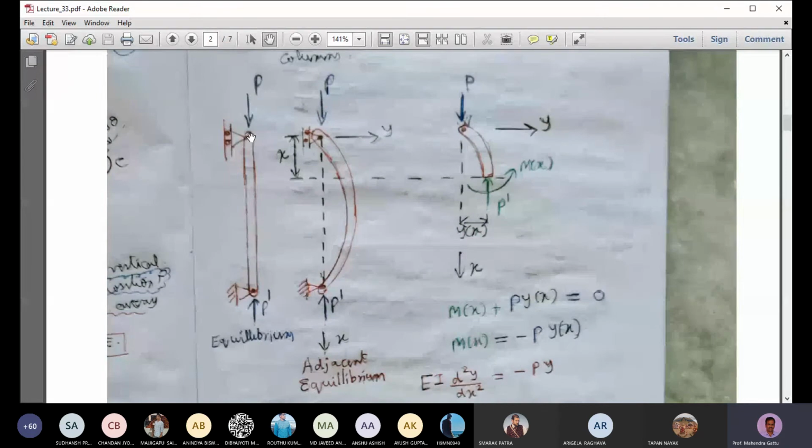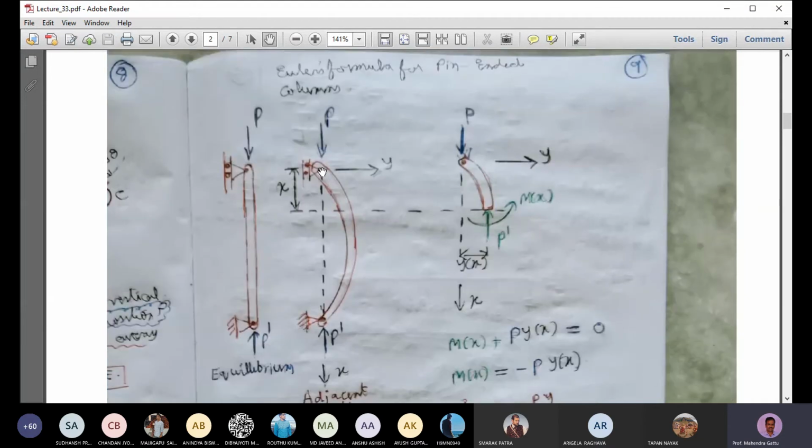So we have here the column which is simply supported, and there is a load P, which is the actual load acting on this column. You can cut a section anywhere in between, then the system will be in equilibrium, and the stress anywhere will be sigma is equal to P by A. So this is one position of equilibrium. Now there can be an alternate position of equilibrium. That means under the action of load P, the system can have an equilibrium position in this fashion also. It can be in equilibrium under bending.